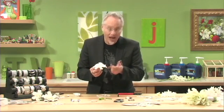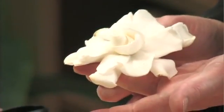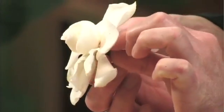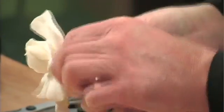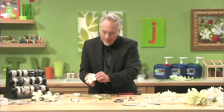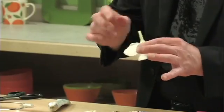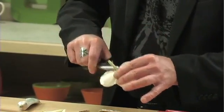Now here's a fun trick I learned a long time ago from my grandpa. You get beautiful big gardenias like this, but I wanted a smaller gardenia. So I'm just going to go around the outside and pull off those exterior petals. So now I have a smaller size, and I can flip that over, cut that off flush,